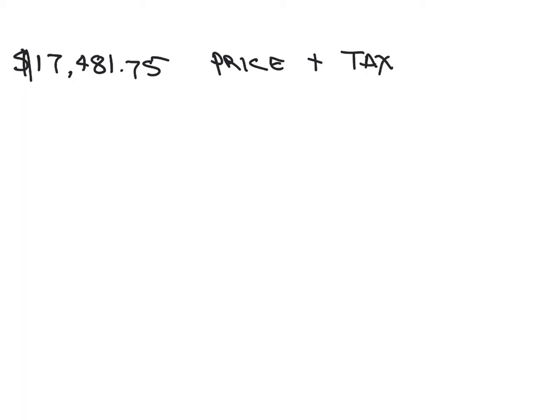The total price, which includes the price of the car plus sales tax, was $17,481.75. Most of the time, it helps me to write down the information and assign what that is. So this is the price plus tax. A lot of times they'll say the price out the door, meaning after everything is paid for and you're taking it with you, how much did you pay? Sales tax was